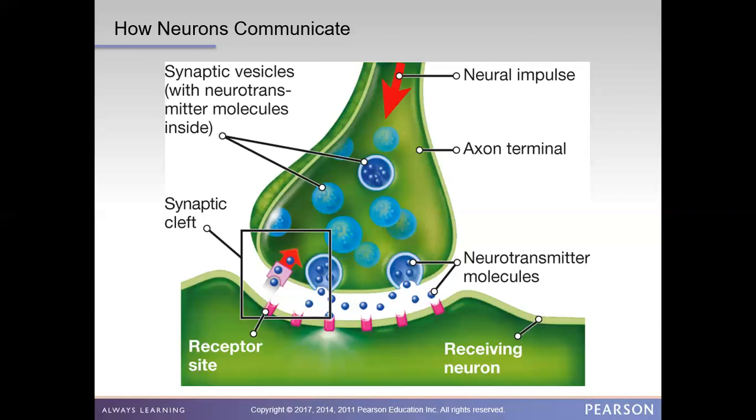So, one more time. These two big green things are two different neurons. It's traveling down the neuron, electrochemical messages. In this case, neurotransmitters.